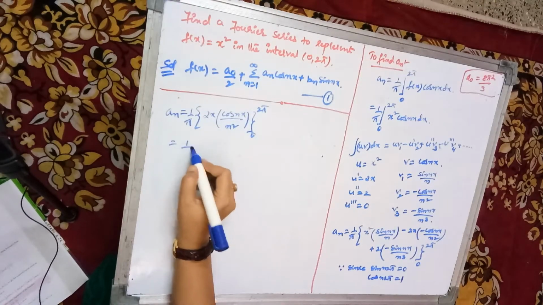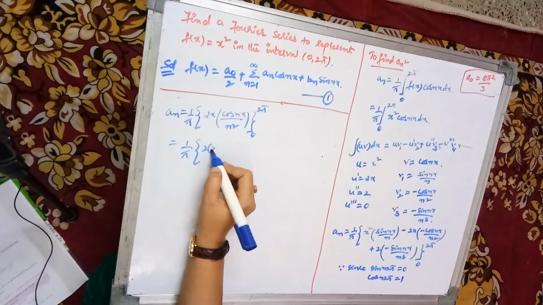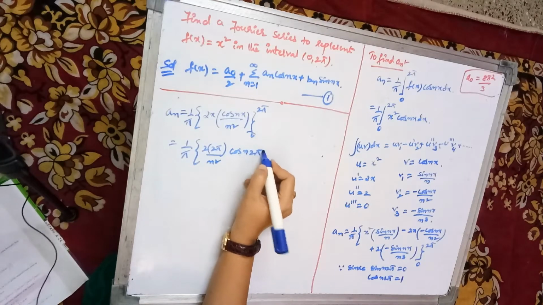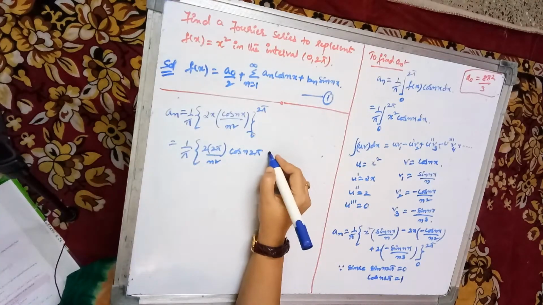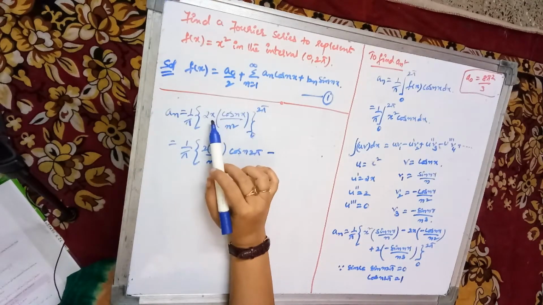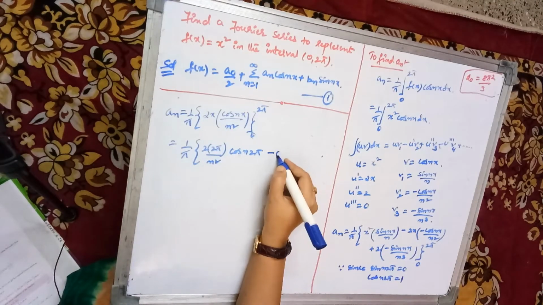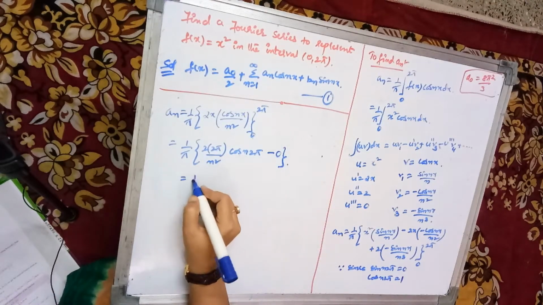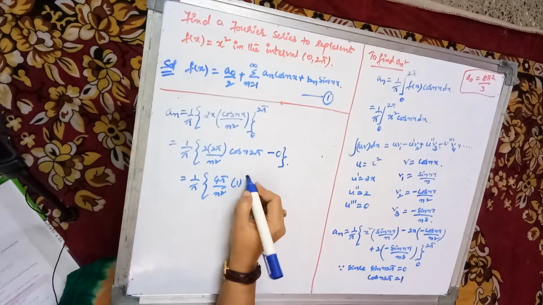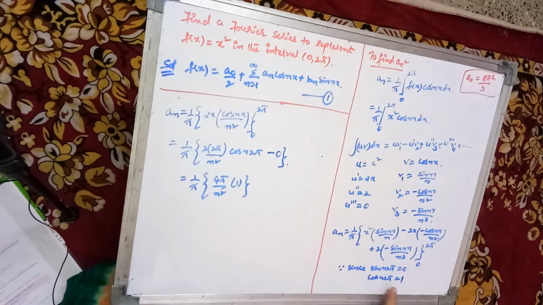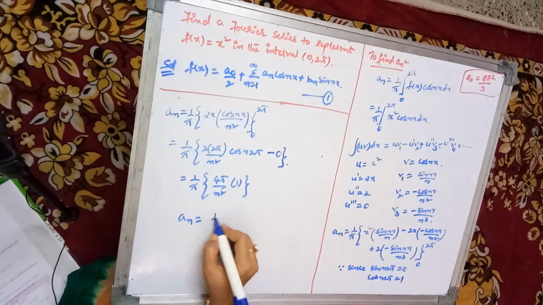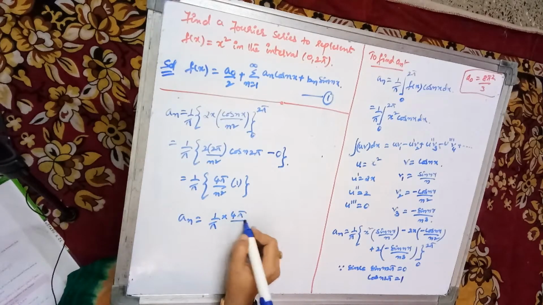It's equal to 1 by pi of 2 into 2 pi by n square cos n 2 pi, minus 2 into 0. The cos 0 value is equal to 1, but outside it is also 0, so that term becomes completely 0. It's equal to 1 by pi of 4 pi by n square into 1, since cos n 2 pi value is equal to 1. So your an is equal to 1 by pi into 4 pi by n square,